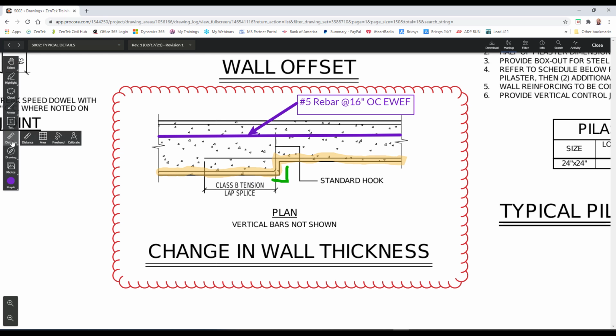I can measure distances. I can measure areas. I can freehand in sketches. I can calibrate the scale of a document so that my measurements are correct. I can just pick any two known dimensions. Right? I also have the ability, and again, we're focusing on those simple tools here today, but I want to